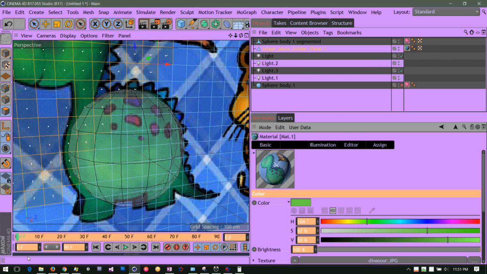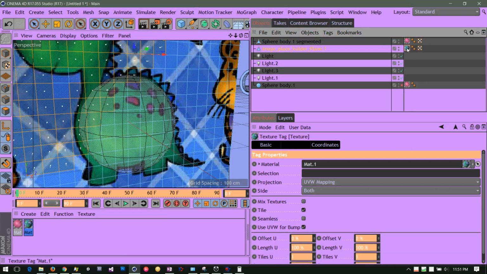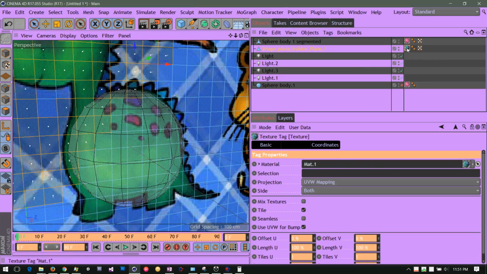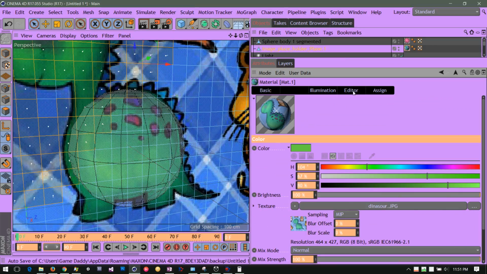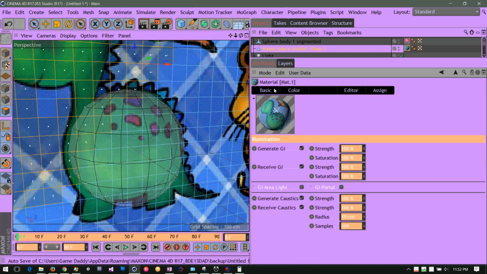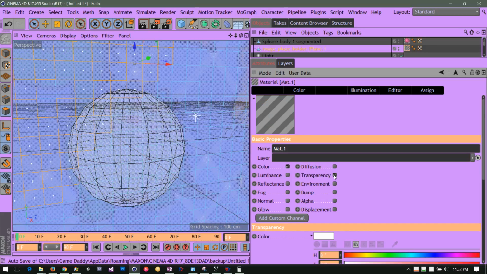The material is down here underneath the materials, and the coordinates down in the corner here. That's the material tag, and once we've dropped it on a character, a texture tag gets made. Cinema 4D does that. And I always confuse them. So, on the texture tag up here, we're going to double click on it, and I'm going to come down to the editor, the basic. I'm going to turn its transparency on too, and that makes the whole thing transparent, but I'm going to click